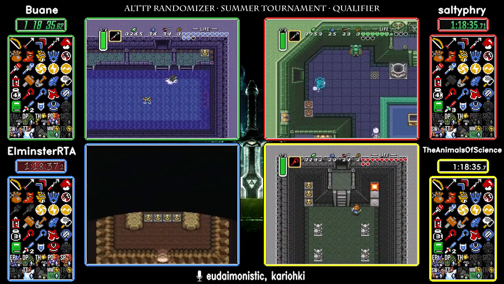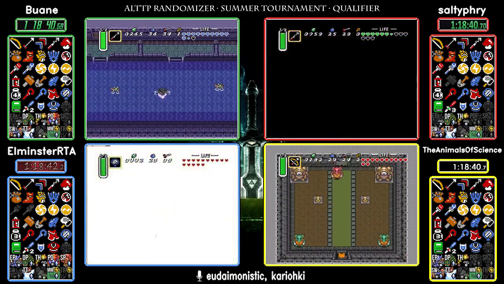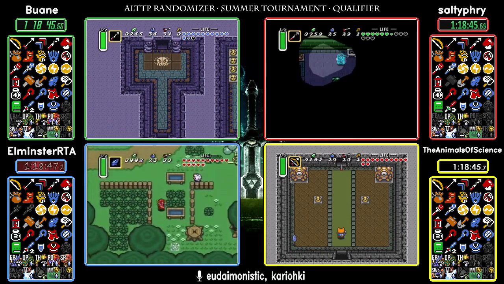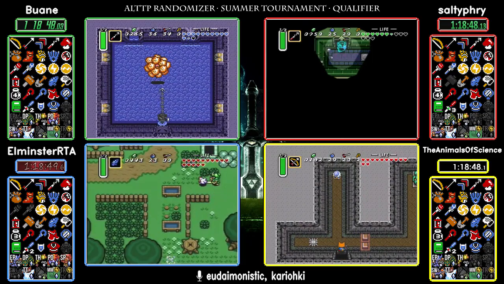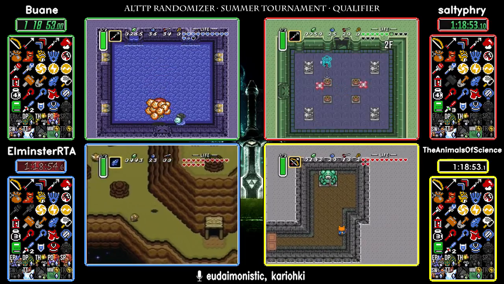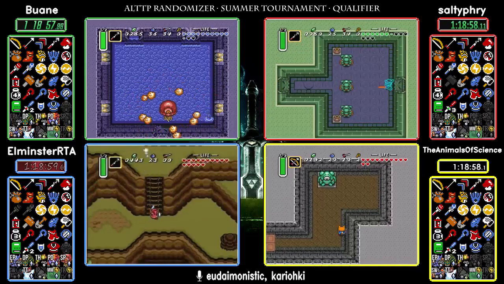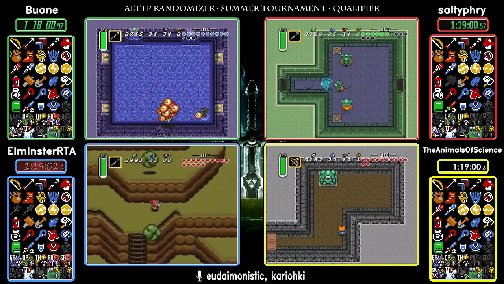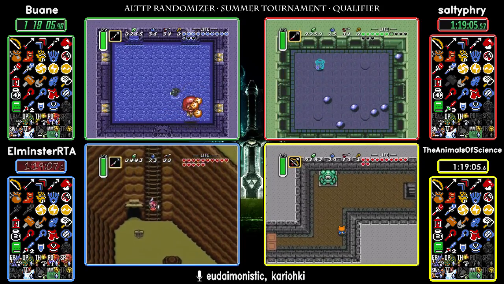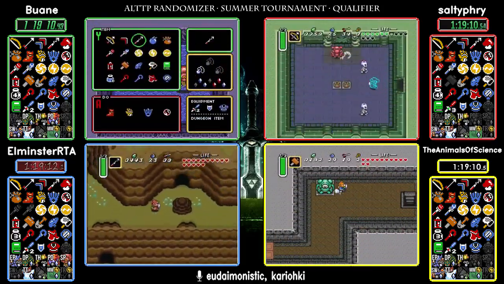And also, Elminster was checking the hammer pegs, since that was locked up until relatively recently. Oh no, I think Elminster's heading up to Turtle Rock. Yeah, well, going by item density, that's the next logical place. And sometimes Fire Rod is right in that first chest, which is helpful and also annoying, but